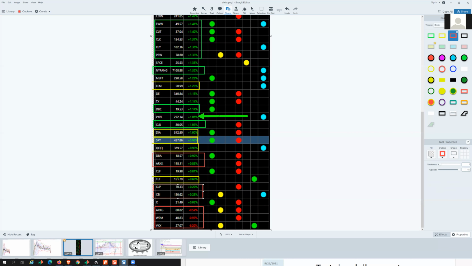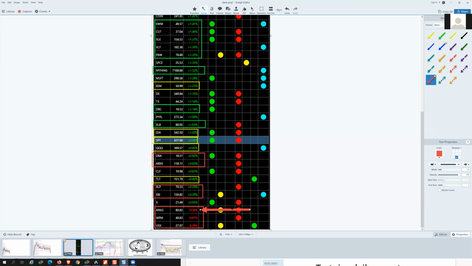Then the individual companies, U.S. Steel was flat, Cliff 0.8, PayPal 1.06. So again, a pretty good mix of follow through, and that feels like people buying on dips, and all that index buying from yesterday and then from this morning feels pretty strong. And the overreaction signals once again dominating.